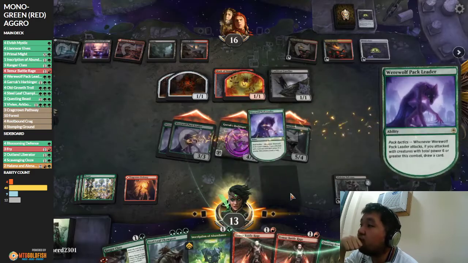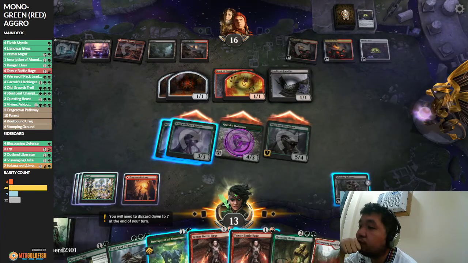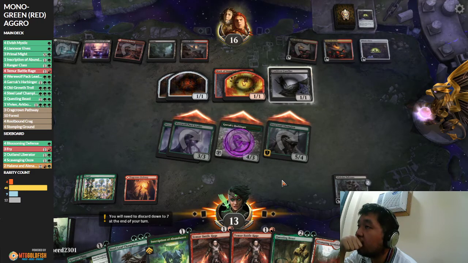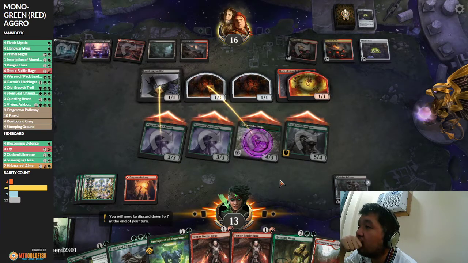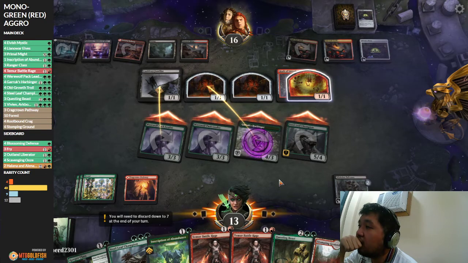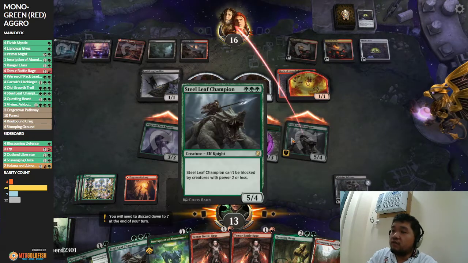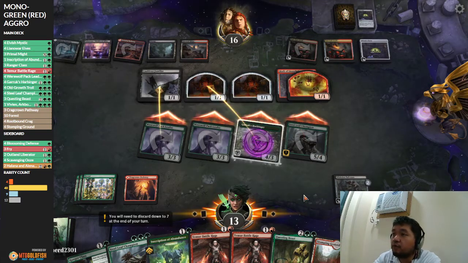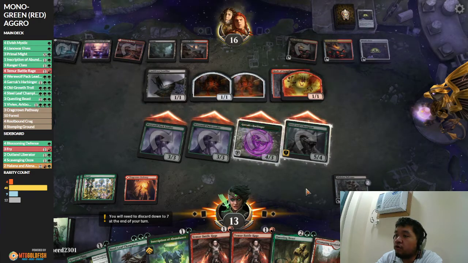Yeah, we're... Okay, another land and Vivian. We probably will end up casting Temur Battle Rage one way or another. Hold on. 714. I need to check what's more beneficial. Just pumping this, taking our opponent down to 2, or...